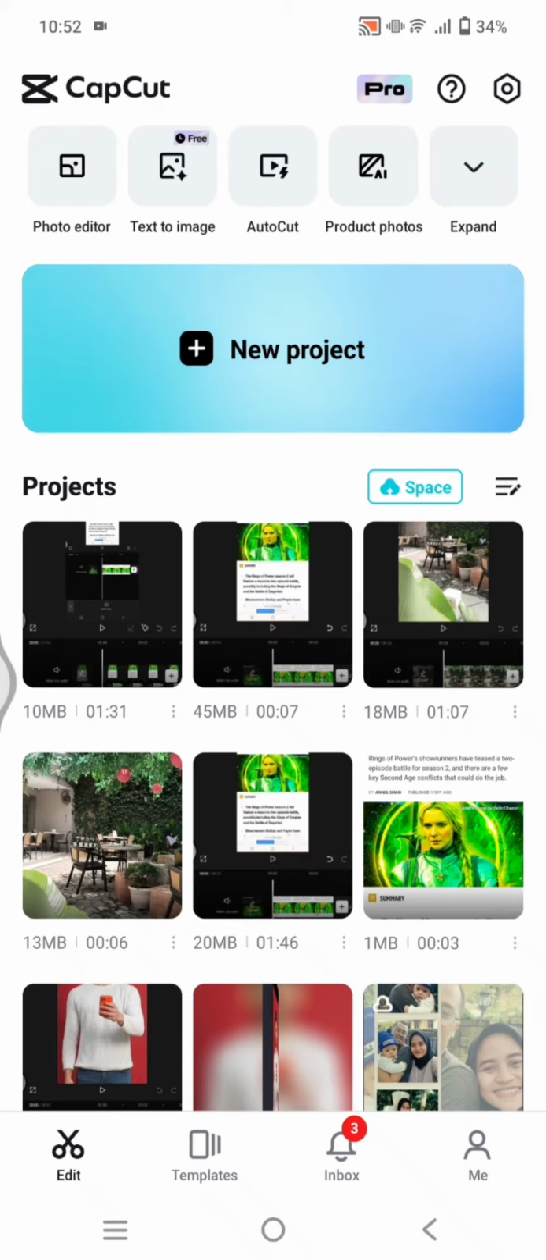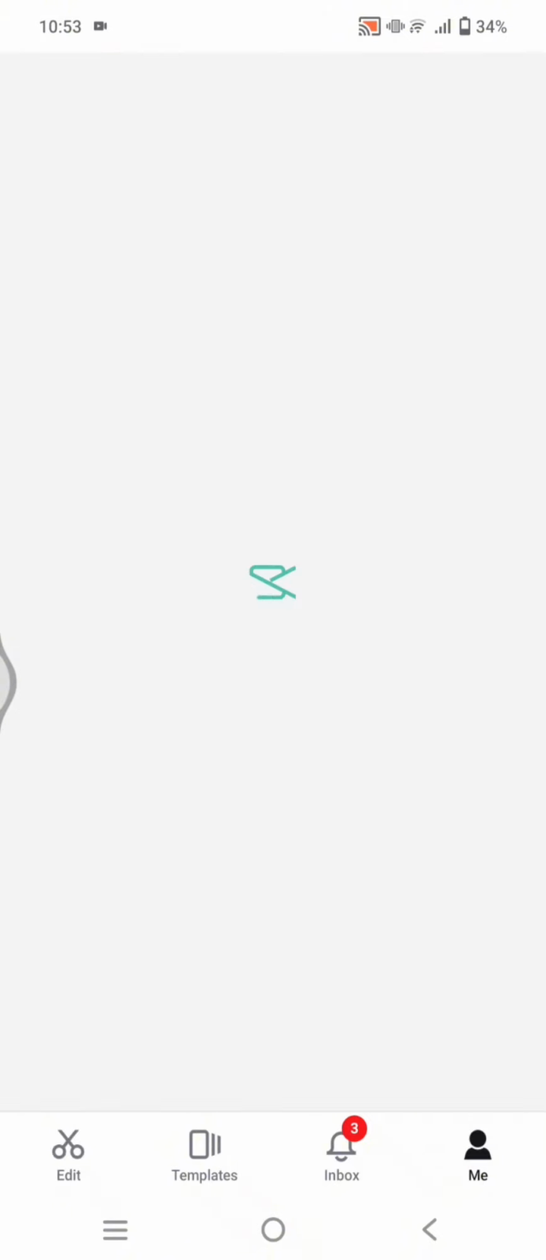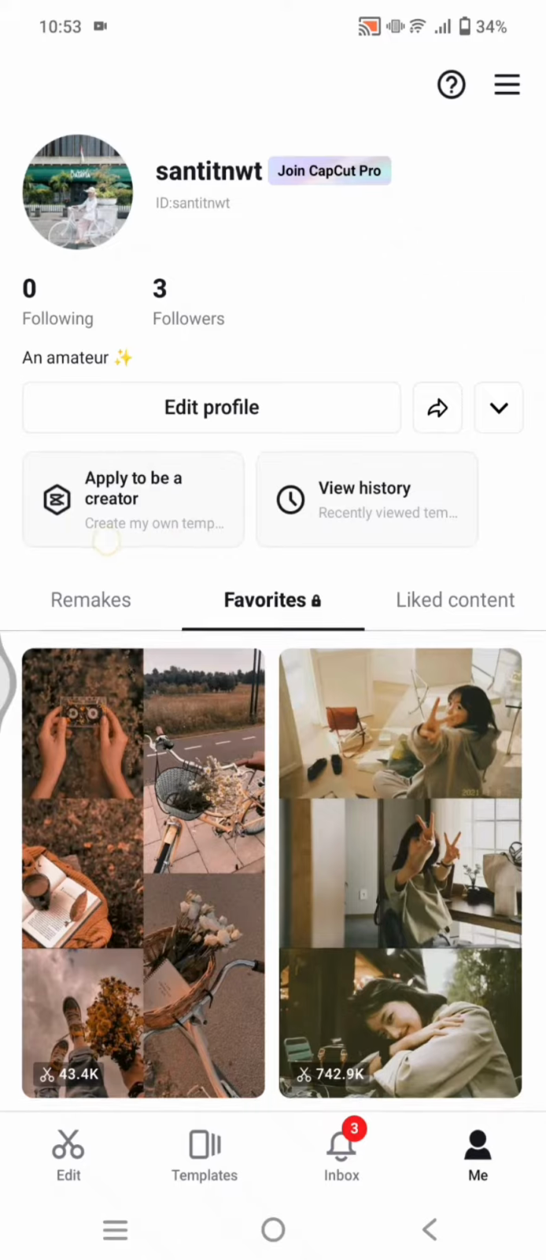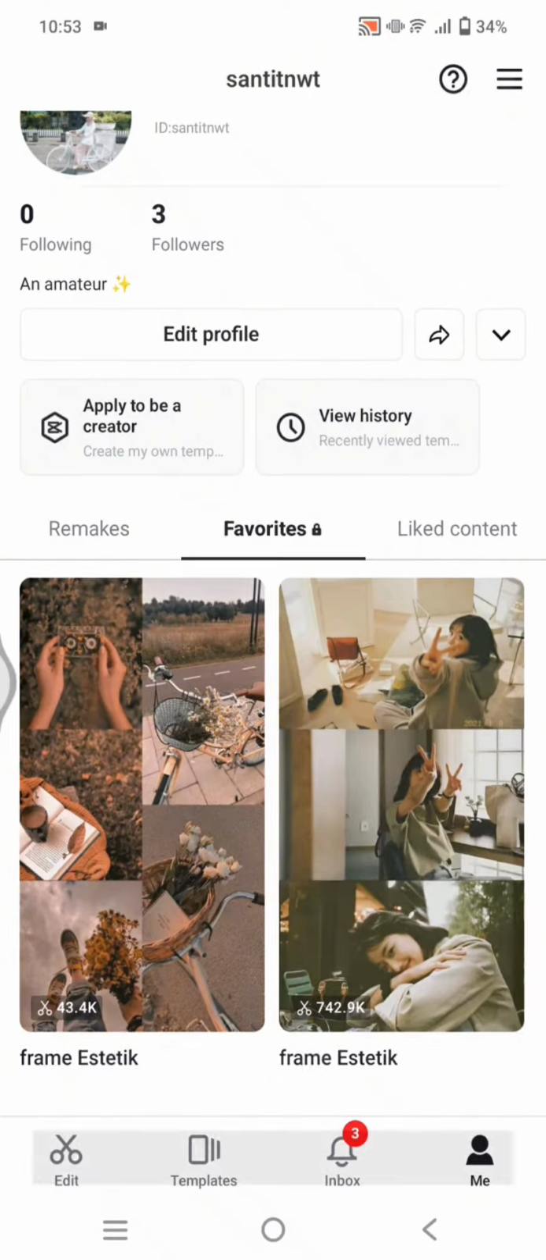On today's video, I'm going to show you how you can apply as a content creator or as a CapCut creator in the CapCut mobile. So here I've already opened my CapCut, and you can just go to your profile by clicking on the me button, and here there will be an option to apply to be a creator. Click on that option,